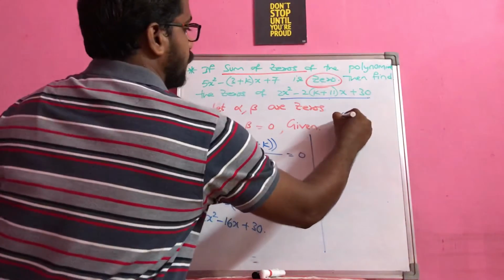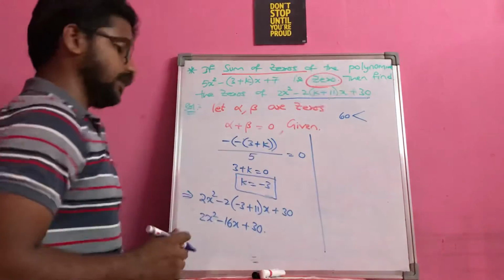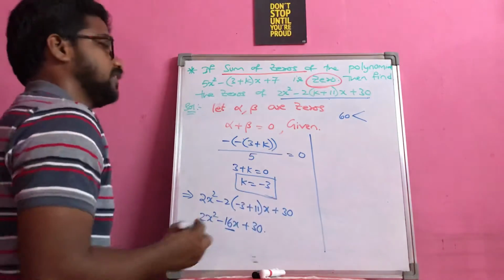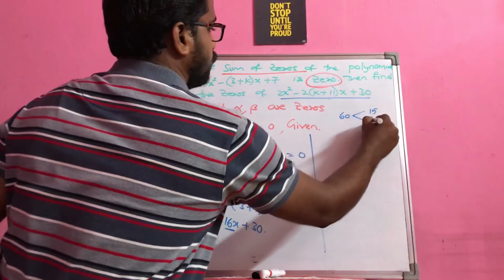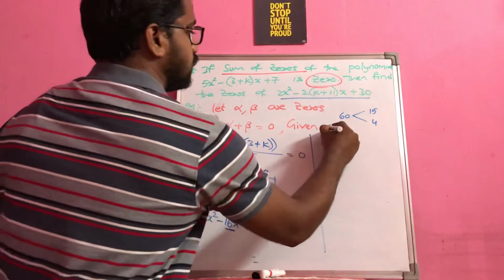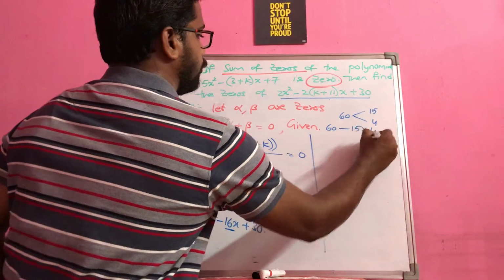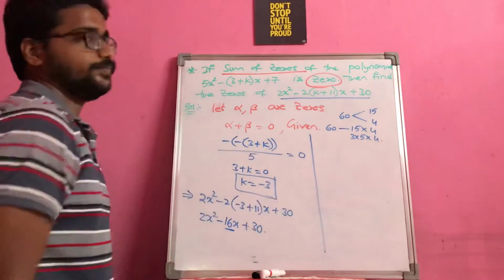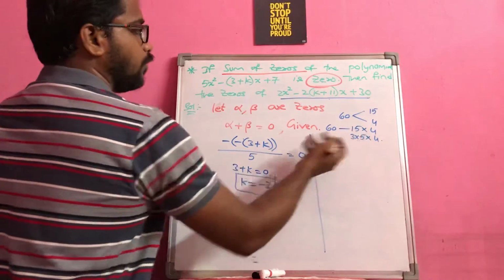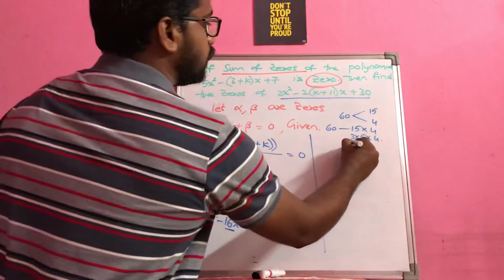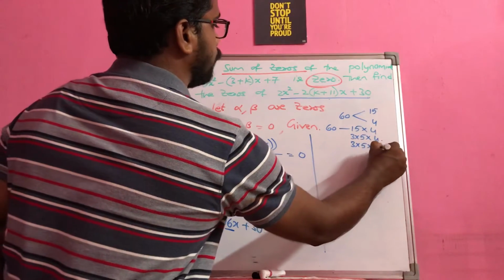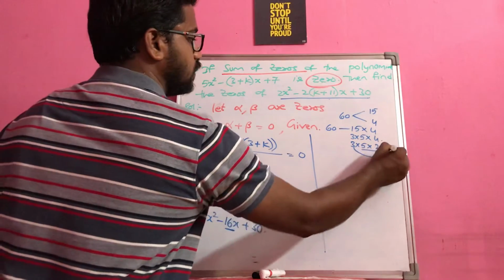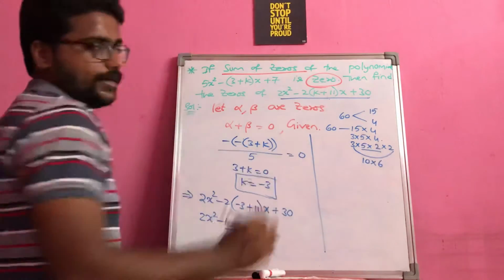So you have to get the factors of 60 in such a way that the summation should give you 16, right? So 60 can be written as 15 into 4. This again you can write as 3 into 5 into 4. So you can group up, but you are not getting 16 here. So there is a further chance for me to split this 4 as 2 into 2. Now you can observe this is 10 and this is 6. So 10 into 6, I am getting the factors.